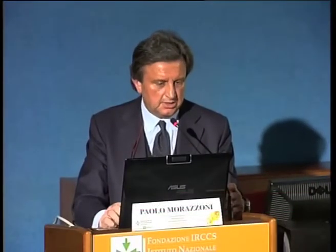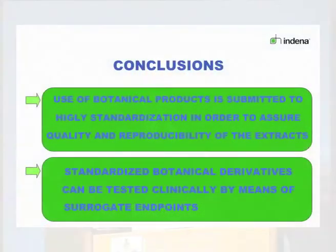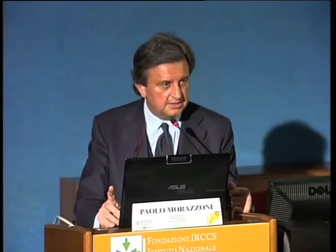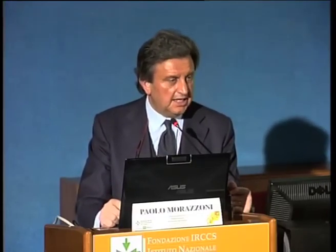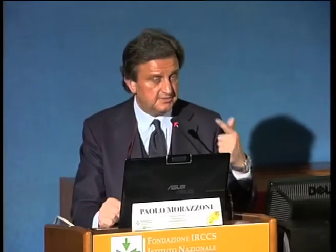So these are my conclusions. I'll be very quick. I hope I've given you a very quick overview of the degree of complexity underlying the use of these products. I hope I've given you some idea of the fact that today's technology enables us to obtain complex mixtures that can be used in controlled trials. Complex mixtures, incidentally, oftentimes have biological effects that are more significant than purified products. So that's something that recently converted the opinion of the US FDA, which has now put out guidelines in 2008, which henceforth